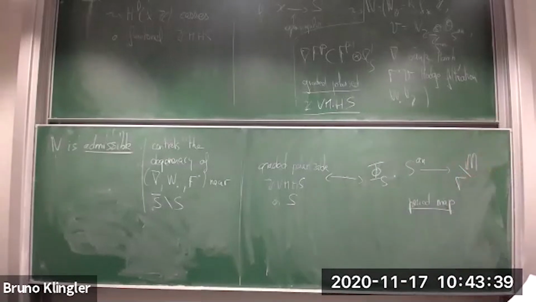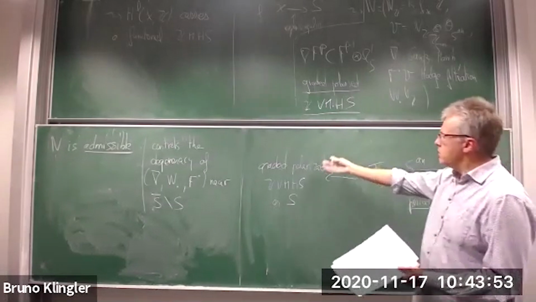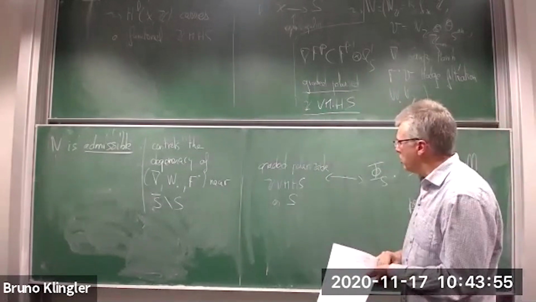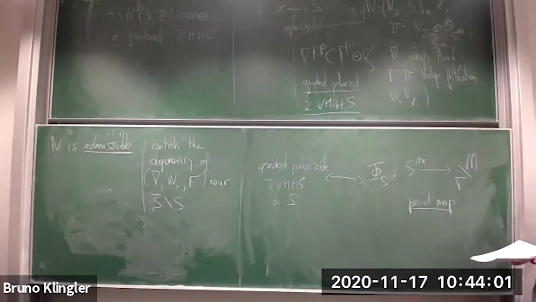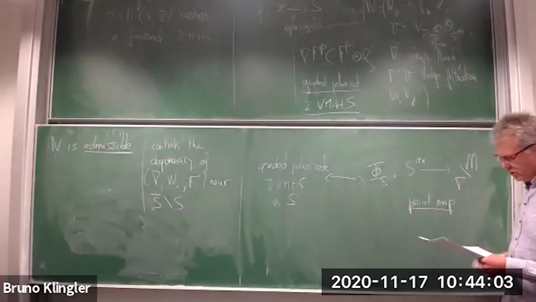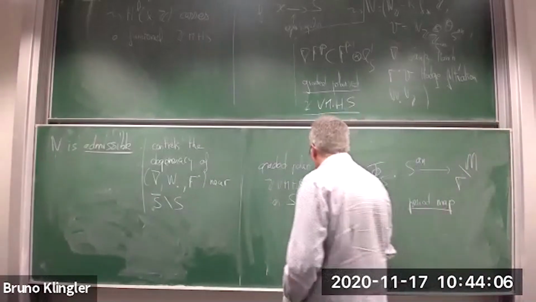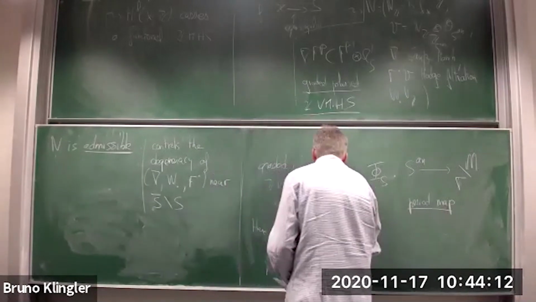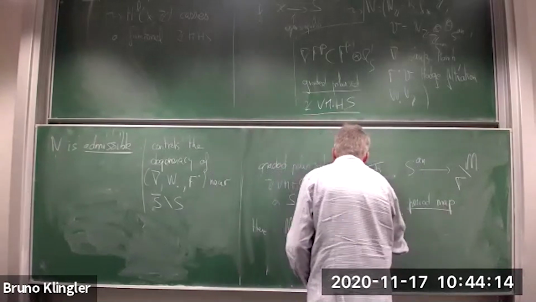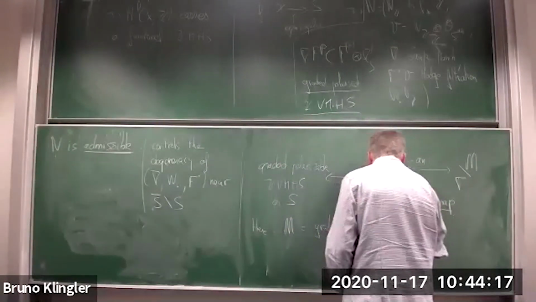Let's say immediately that the main problem with this is that this classifying space is not algebraic, and this map is in general absolutely not algebraic. There are some particular cases where this is a Shimura variety, basically when all the pieces in your Hodge structure are degree 1 or 0. But otherwise, it's really absolutely not algebraizable. And so let me say what M is. M is what's called a polarized domain.